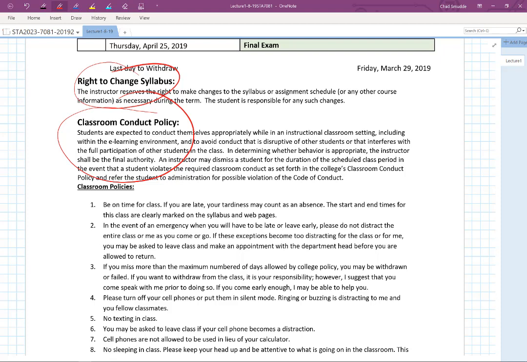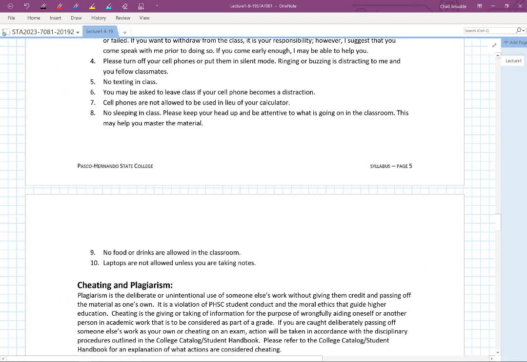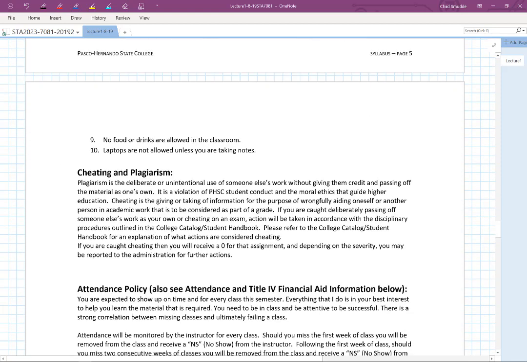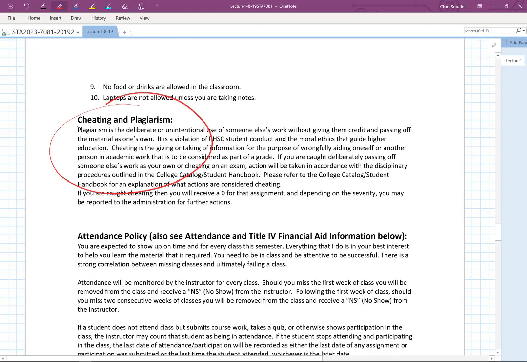It's only an hour and 15 minutes for 16 weeks. The biggest problem I have with cheating is if you have the answers to the odd number problems out of the book, could you just write the answers down on all the problems? Yeah. What am I going to give you for your grade for your homework? Nothing. 0, right? Now, that happened at some point in time, but I gave the student a 0,